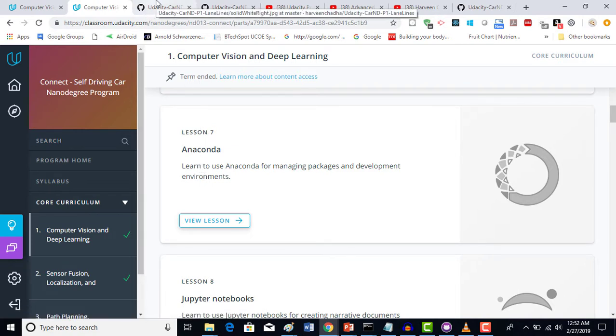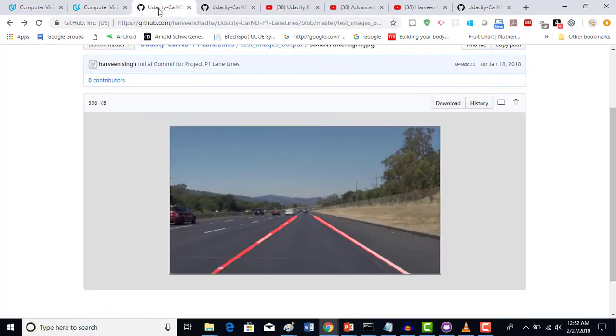We'll start with basic OpenCV and we'll try to find lane lines on the road. This was one of my favorite projects because when I started I was amazed at what OpenCV can do for you. In the second project, we will talk about the current buzz in the tech industry,